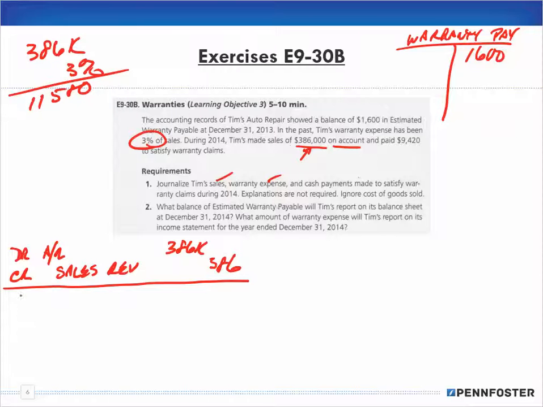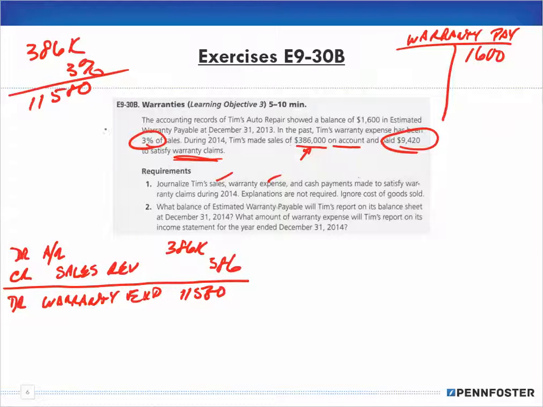So I'm going to debit my warranty expense for the $11,580. Now, remember the reason why we're making this calculation, because we're paying $94.20 to satisfy the warranty claims, but